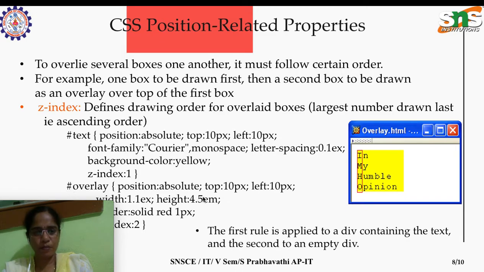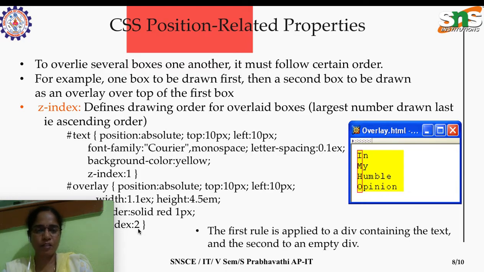The position is absolute, with top and left values, width, height, and the border is solid red 1 pixel, and its z-index is 2. So it means the element with z-index 1 will be displayed first, and on top of it, the second, with z-index 2, will be overlaid.